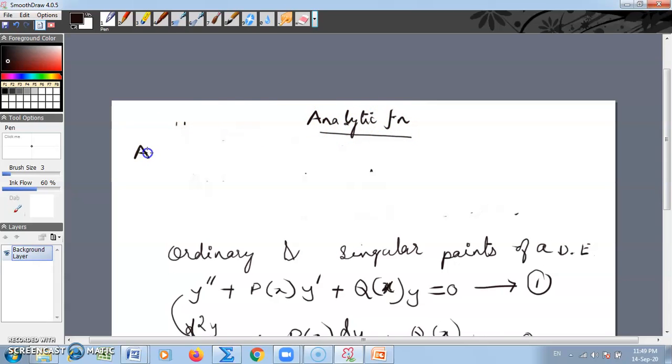I'll give you the definition. A rational function is analytic everywhere